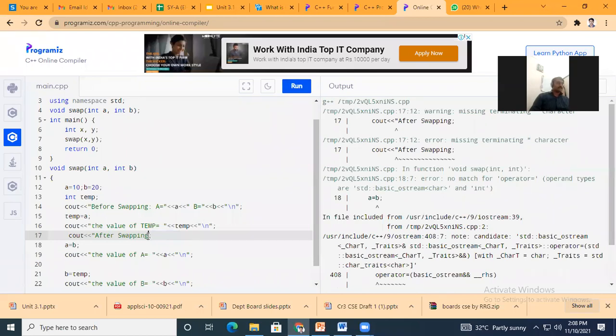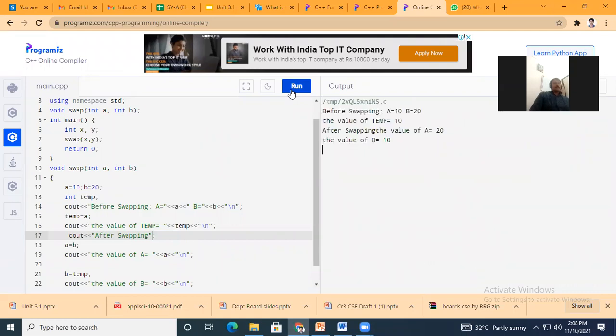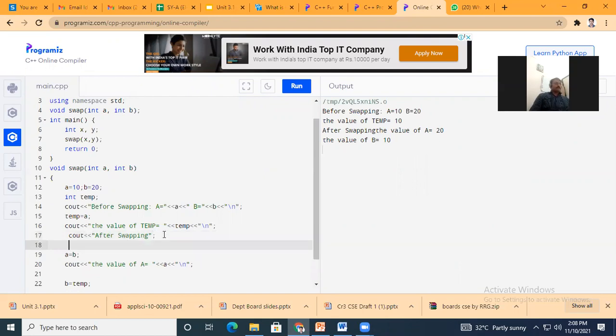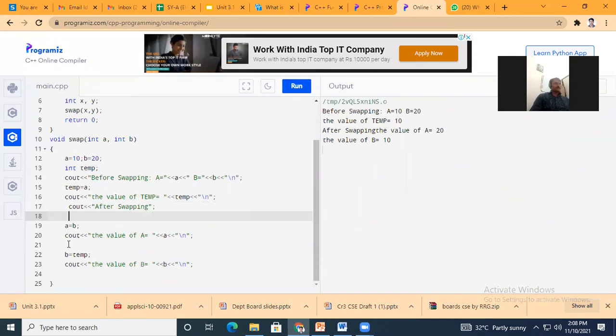Oh, double inverted comma missing. Okay, after swapping, the value of A is equal to 20, the value of B is equal to 10. Okay, now I will try to write in a proper way.